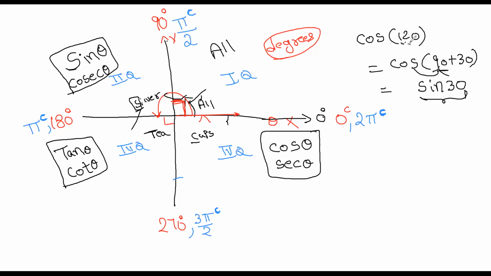So now we know the angle is in the second quadrant. So it is cos of the second quadrant. Is cos positive or negative in the second quadrant? Negative. That's why minus, because cos in the second quadrant is negative. That's why you're keeping minus, and 90 plus 30 is written as sine 30. Now we know the value, that is minus 1 by 2. So cos 120 is minus 1 by 2.